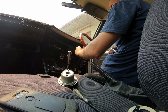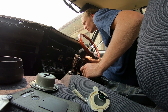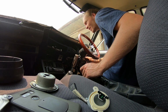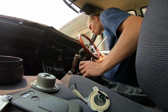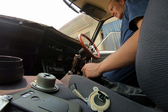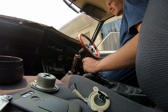There we go. Alright, so gauges are all moving, they're all going up. Our oil pressure's going up. Our fuel gauge is going up much further past where it is actually full though. I'm pretty sure I'm only on about half a tank, but there we go. How good's that? Our little rev gauge isn't working. Fuel gauge is sky high,